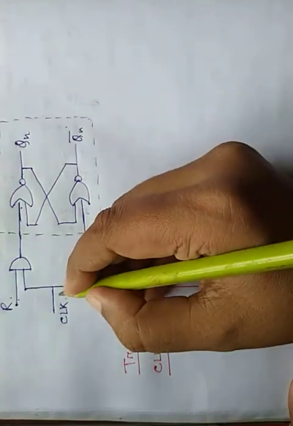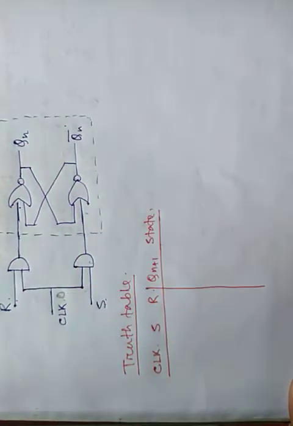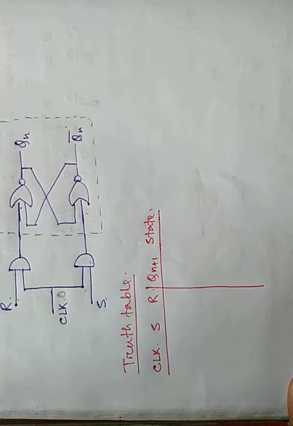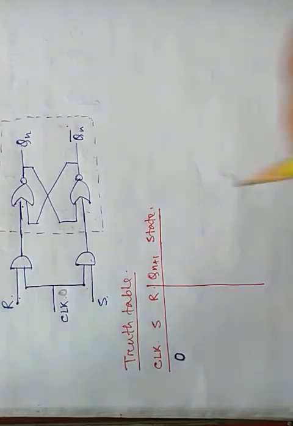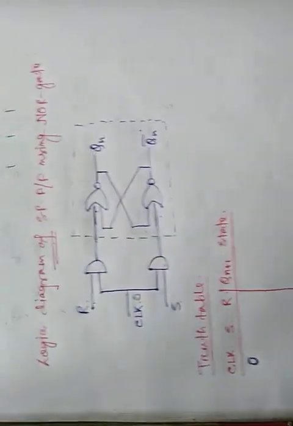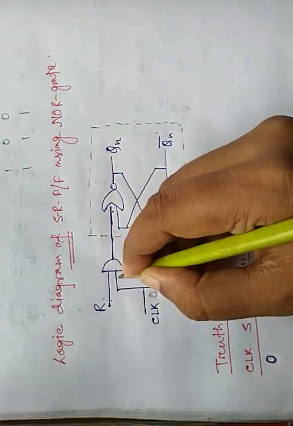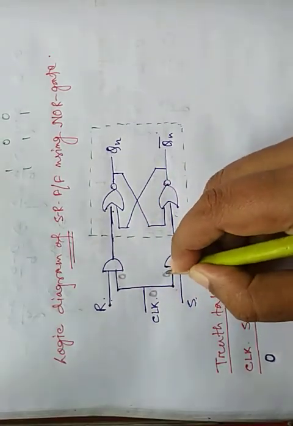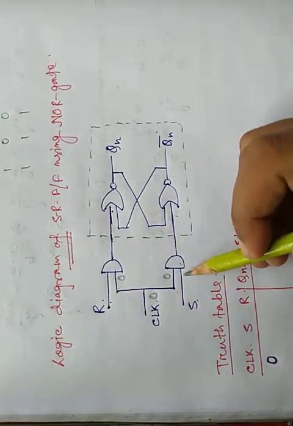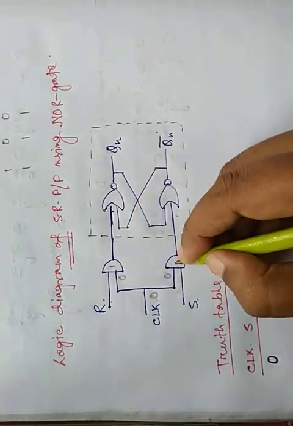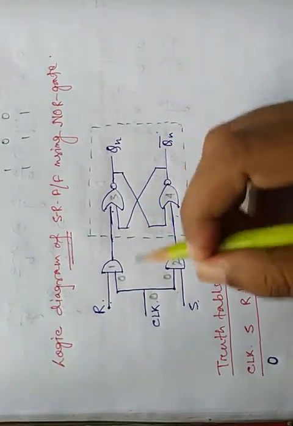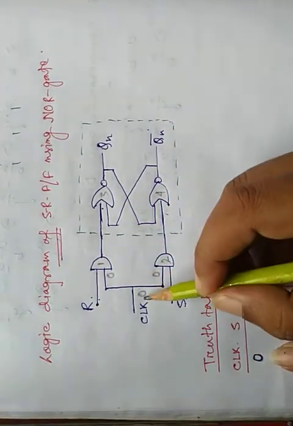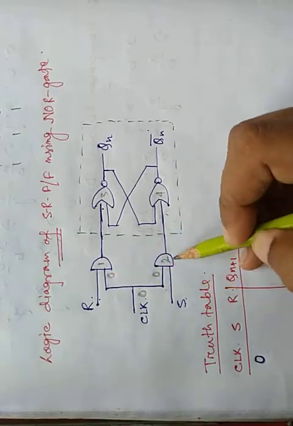So first, clock signal. Suppose the clock signal is 0. 0 means clock is at its low state. So when the clock is 0, one of the 2 inputs of these gates is already 0. This is the first gate, this is the second gate, this is the third, this is the fourth. 4 gates are used. So if clock is 0, then one input signal of these 2 AND gates is 0,